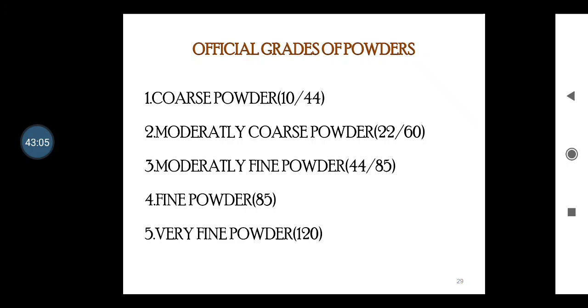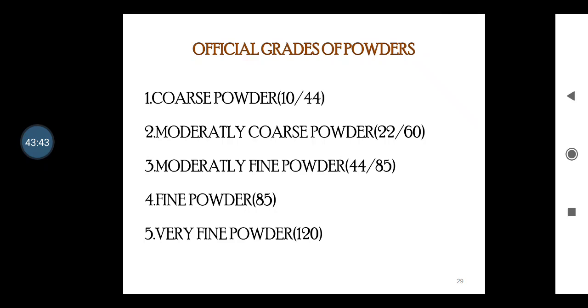different types of official grades of the powder. In general, powders are vaguely described as coarse and fine powders. However, it is essential to identify them with some guiding specifications. Indian Pharmacopoeia has described the standard for powders for pharmaceutical purposes. Accordingly, the degree of coarseness or fineness is expressed with reference to the nominal aperture size of the sieve through which the powder is able to pass.